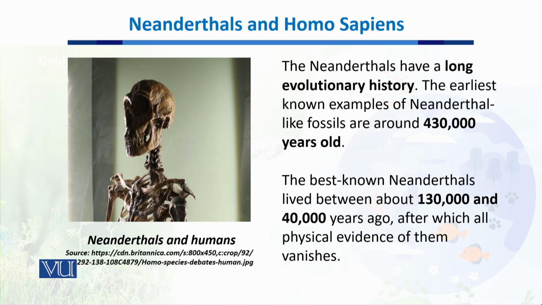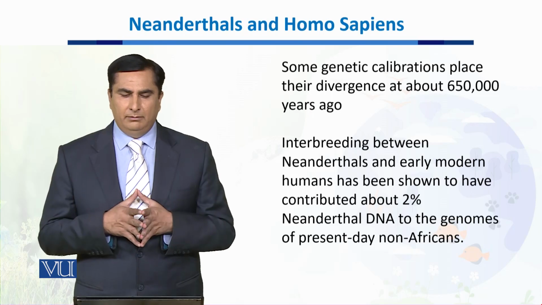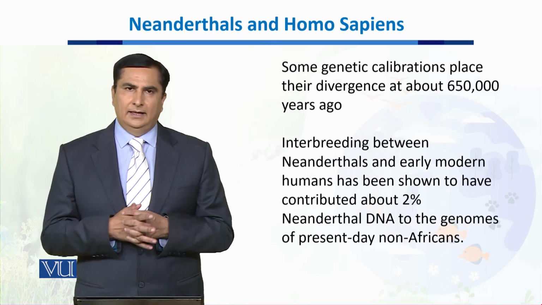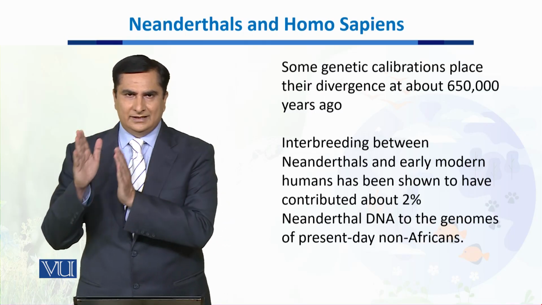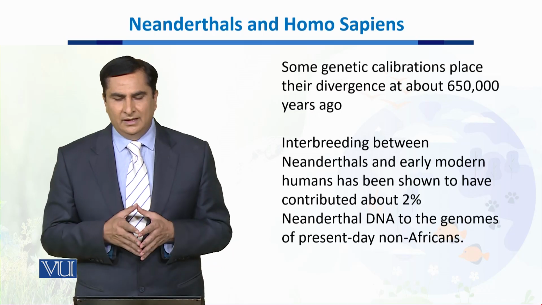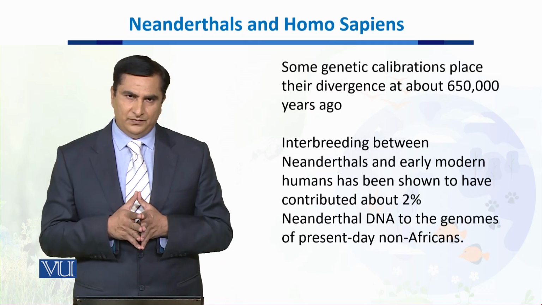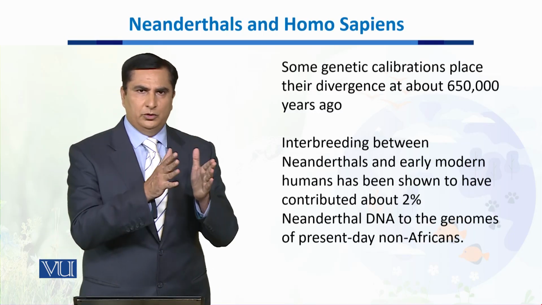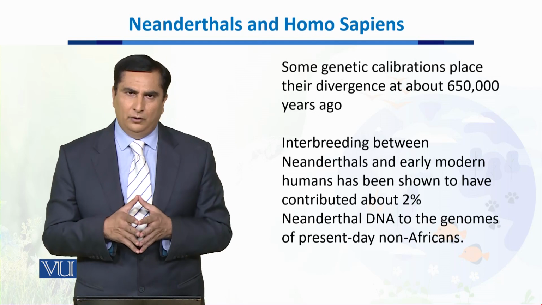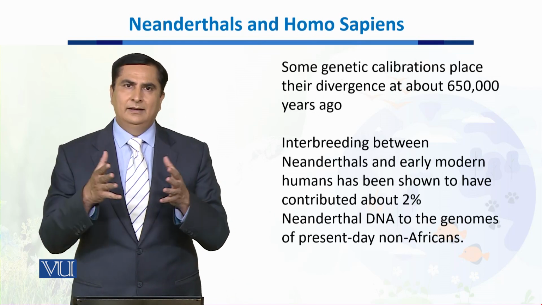This is the typical skeleton of Neanderthals, which has different morphological features as compared to the Homo sapiens or modern humans. When we do some genetic calibrations, according to some scientists, the Neanderthals got separated from humans some 650,000 years ago. Nonetheless, the interbreeding between Neanderthals and Homo sapiens through the course of evolution has resulted in the presence